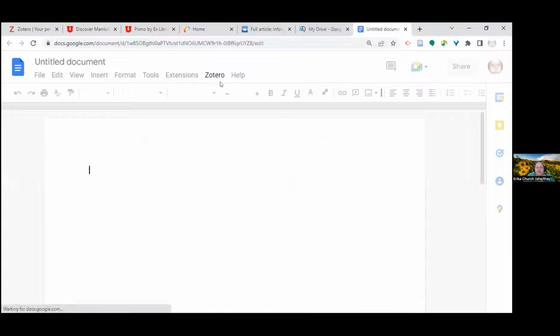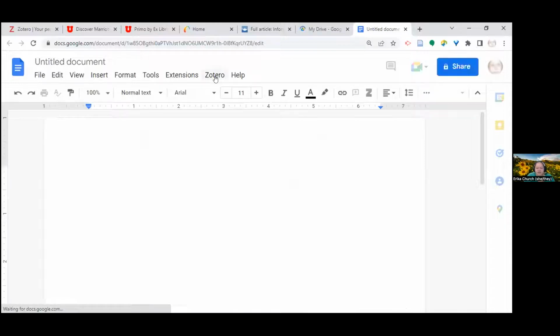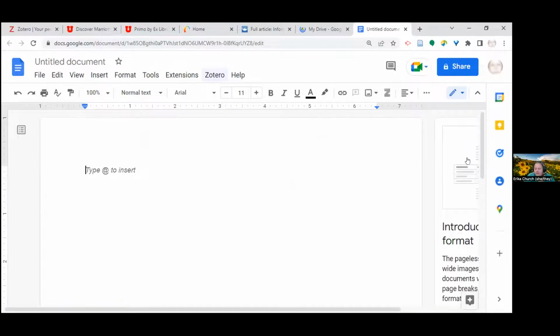And you'll see that again, Zotero appears right here in my plugins. So I can go ahead and it'll give me information about formatting and allow me to